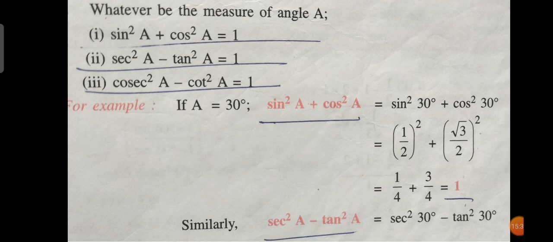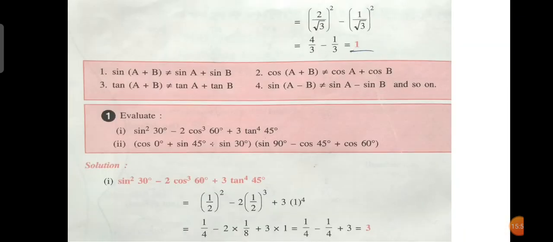The proof is just given as an example. The proof is not important, so you do not have to study the proof. You have to study this relationship very carefully.